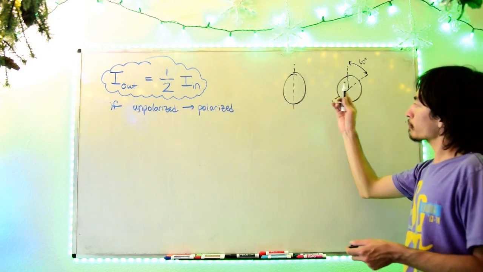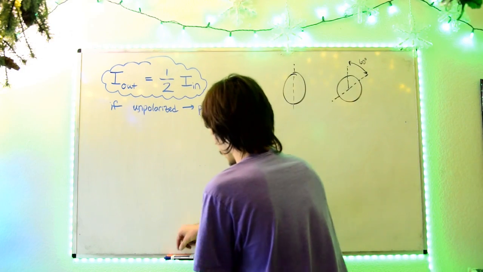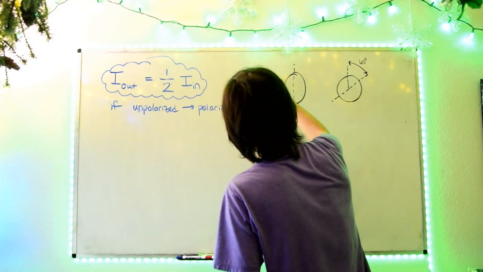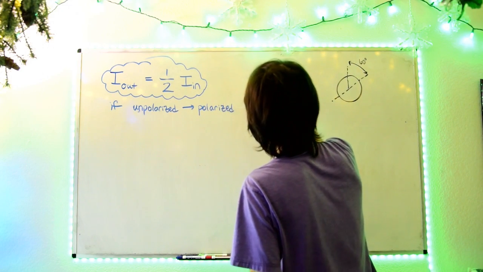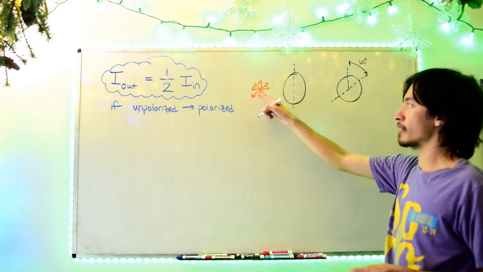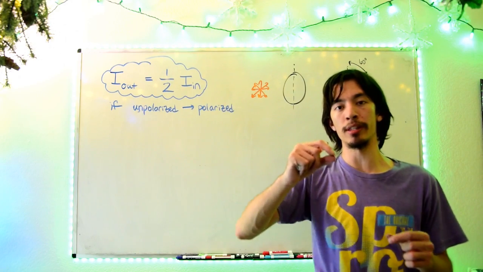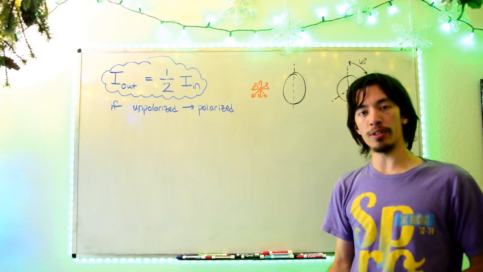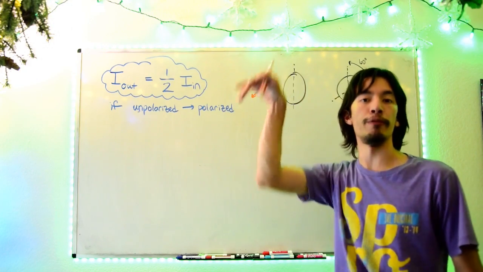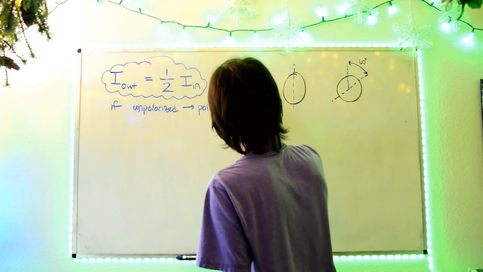So for this one right here, let's say that the light that comes into it, this initially unpolarized light, which we represent often by drawing these double-headed arrows in every single direction, because the polarization of light has to do with which way the light is oriented with its electric field. So if you say the light is vertically polarized, it means the electric field oscillates vertically. So if we have unpolarized,